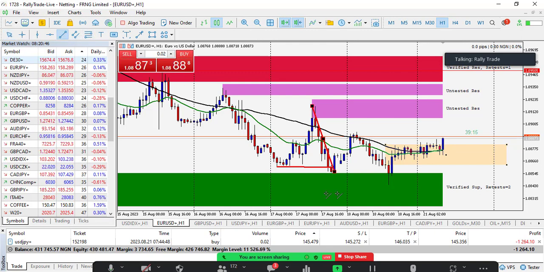Now, after the break of structure, of course, you expect a retracement towards the upside. It gave us that retracement. Then after that, this becomes the new low. But guess what? The market actually broke that low again towards the downside. It is good to trade what you anticipate on the market, right? Very good to trade what you anticipate, but it is best to trade what you see on the chart, sir. Best to trade what you see on the chart. And what we're seeing on the chart is that the market is trading towards the downside.